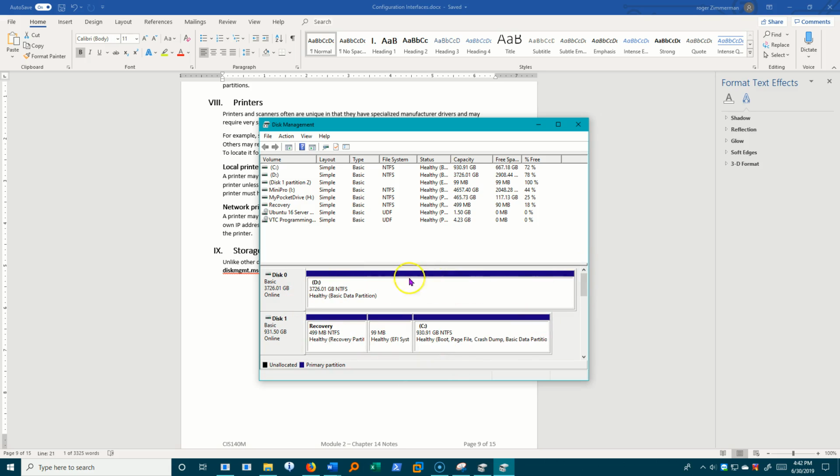Over here on the right hand side you see the partitions or the volumes. So these are what we call logical disks. I can take a physical disk and I can divide it up into more than one logical disk, and I can give each logical disk a number, a letter if I choose to. Here I've got one logical disk, so this entire disk is my data drive that I use for documents and so forth, and this is my D drive, and then my disk 1 actually has my C drive on it